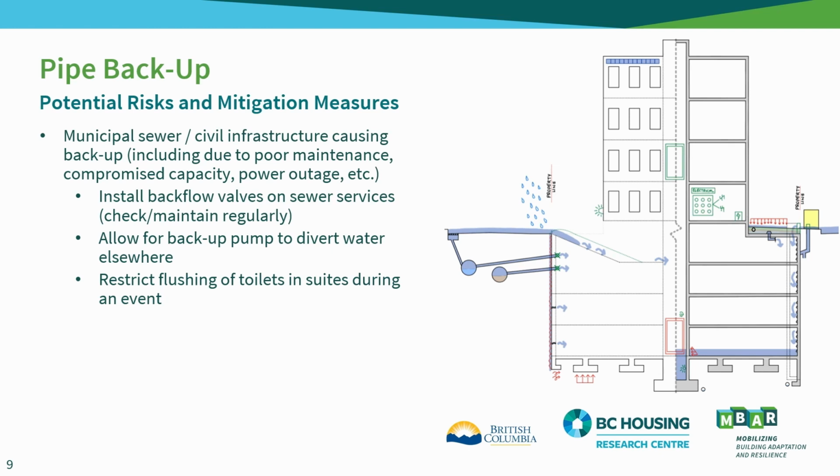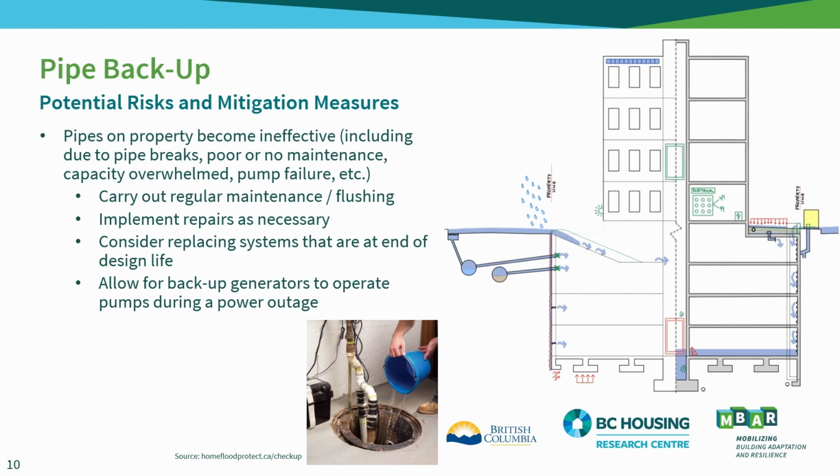your building. You can also consider installing a backup pump to divert water elsewhere during an event, and/or restrict flushing of toilets in suites during a flood event to limit the risk of flooding lower suites. Regular maintenance is recommended to keep pipes on your property in working order. Repairs should be undertaken as necessary, and you should consider replacing systems as they reach the end of their design